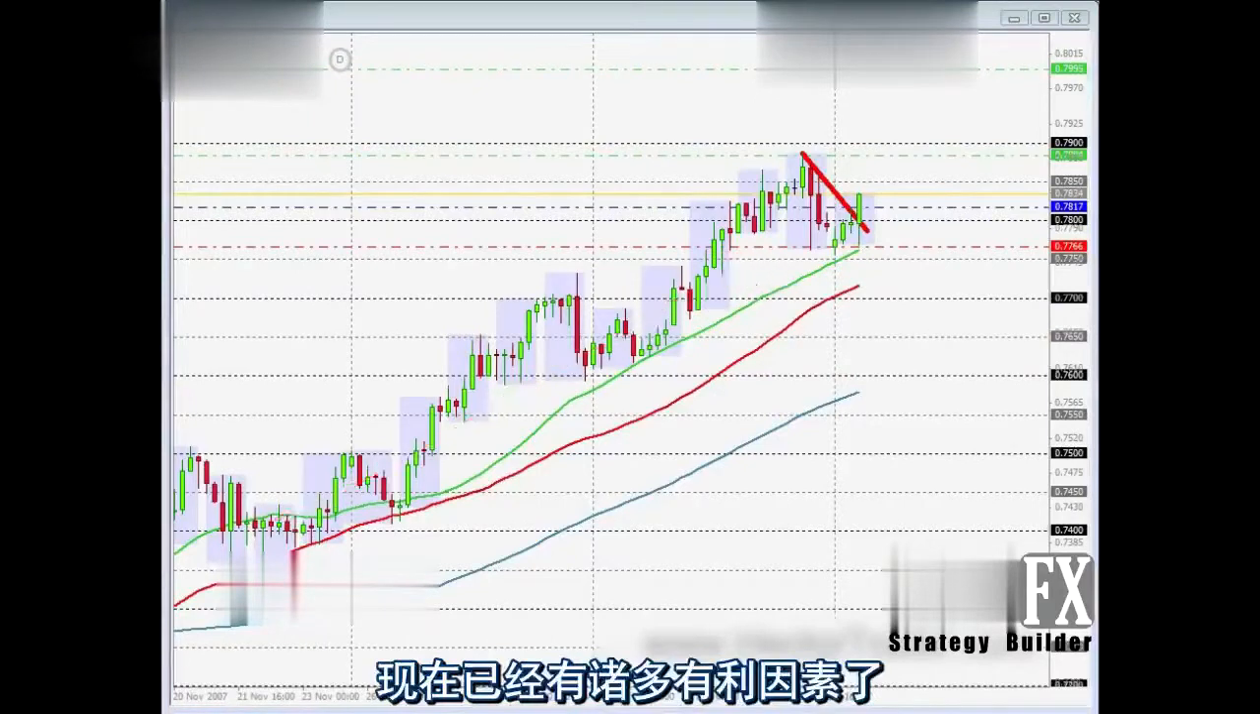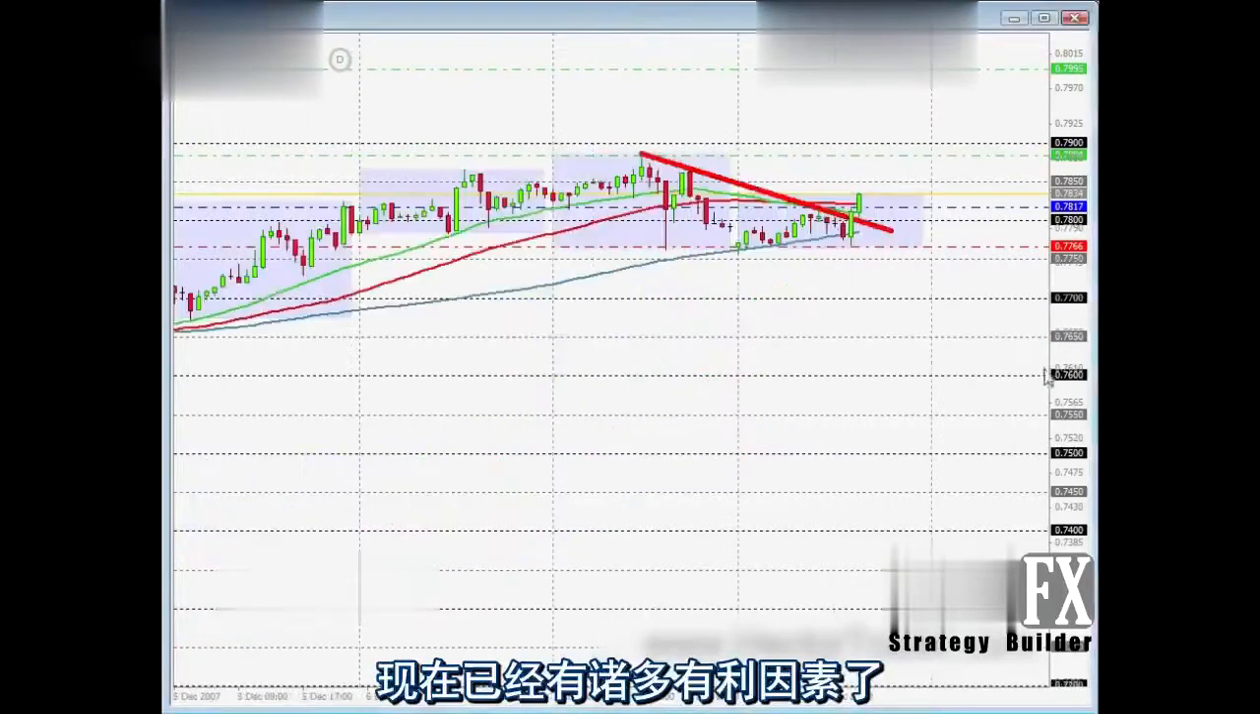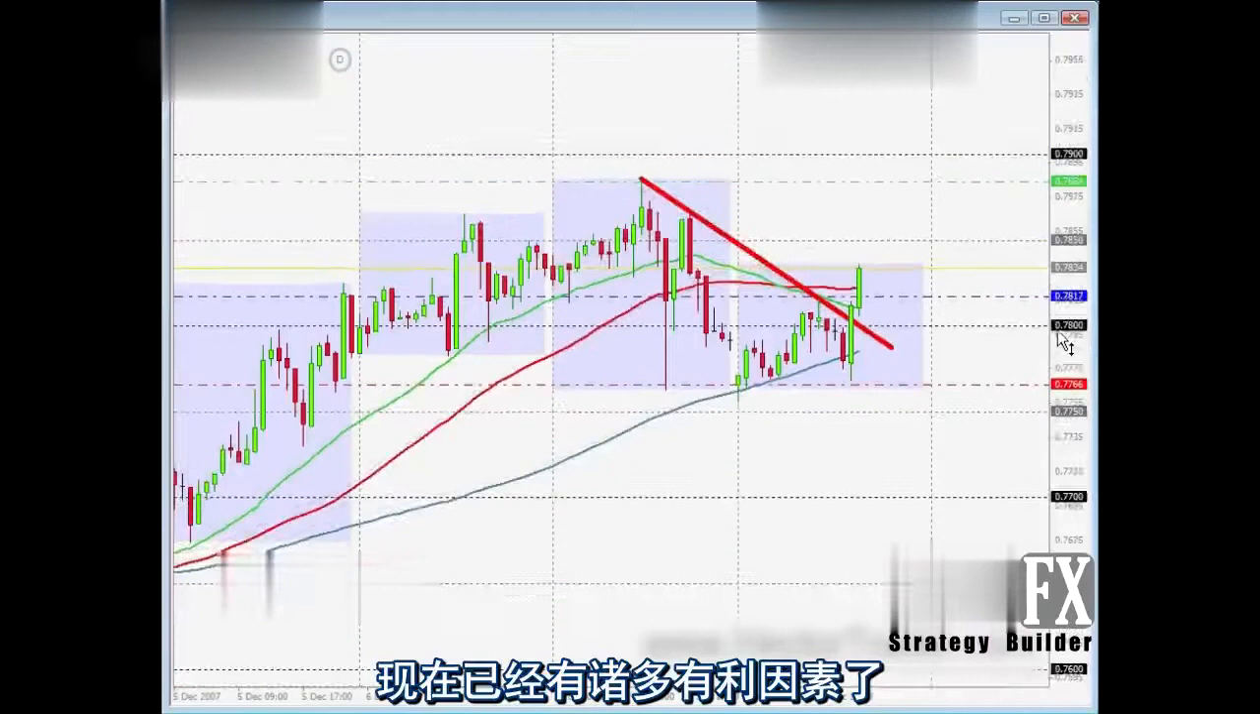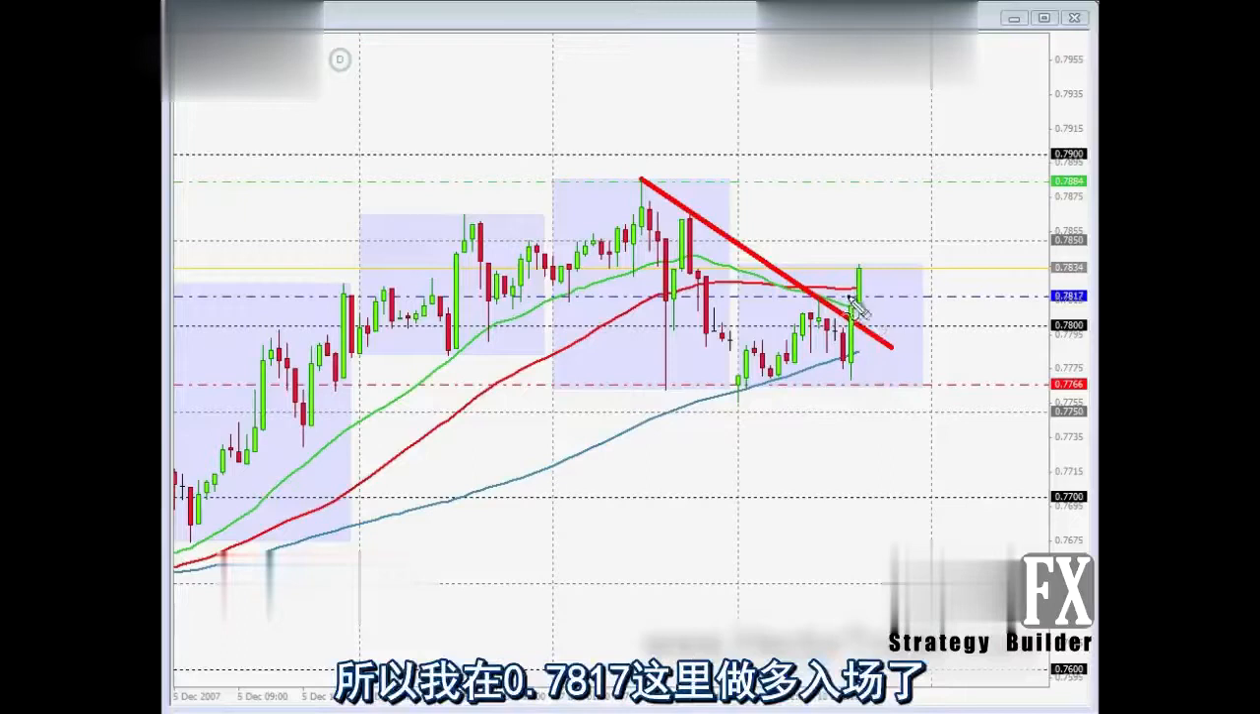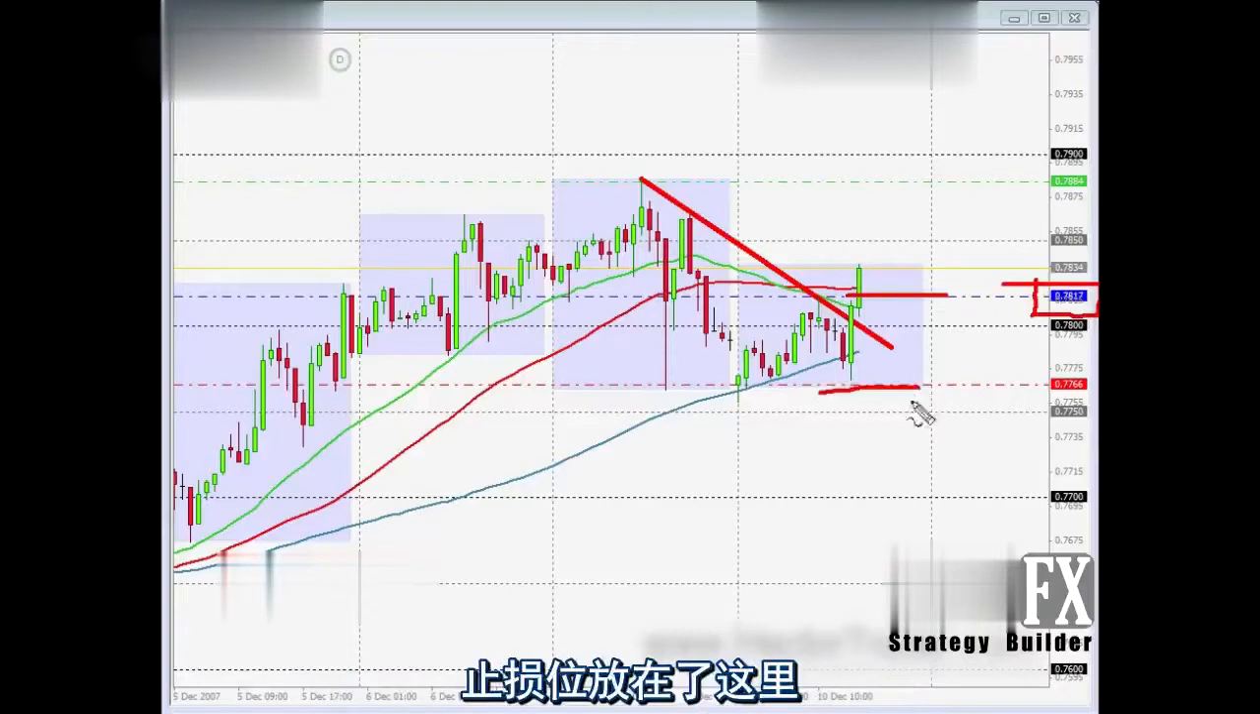So I'm basically long, effectively long in this trade. I think I have a few elements working in my favor. I believe I have the odds on my side. I've triggered my long entry at 0.7817. All right, stop loss as usual placed down here